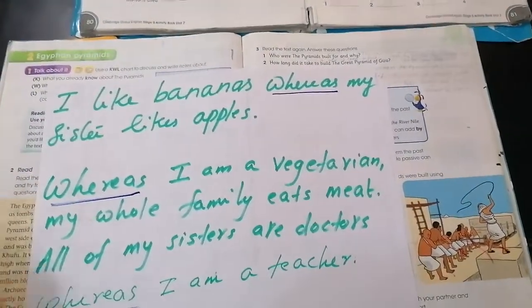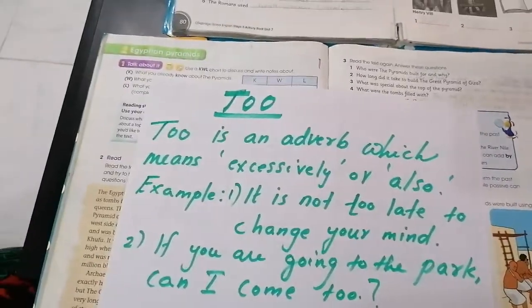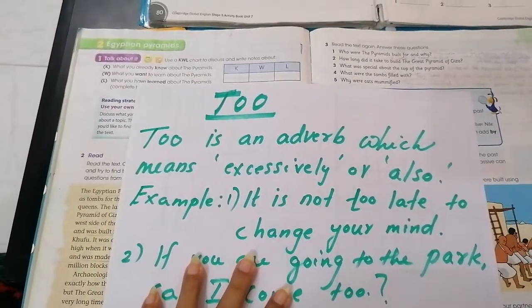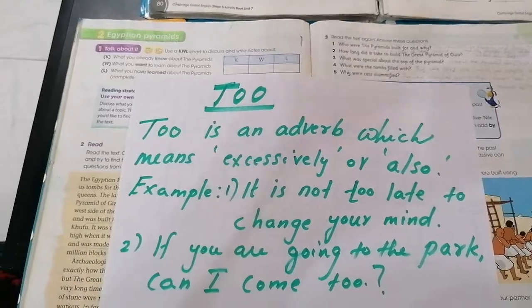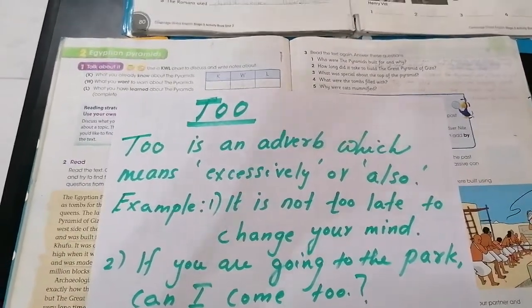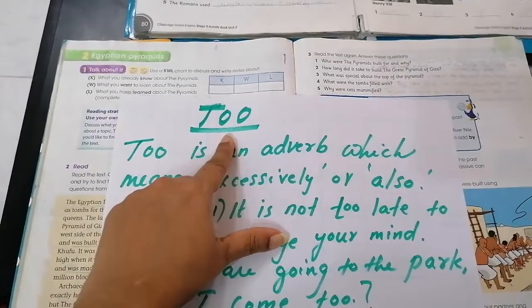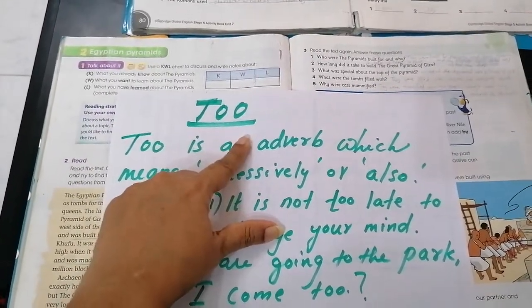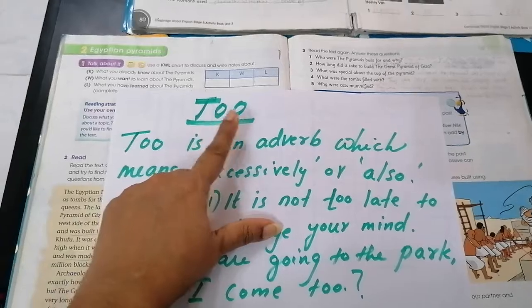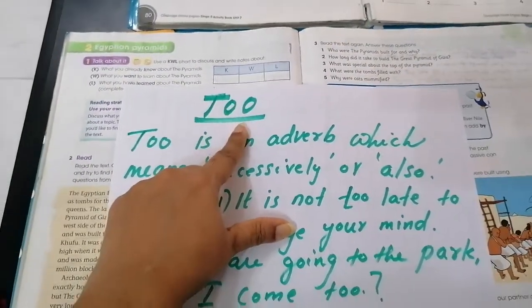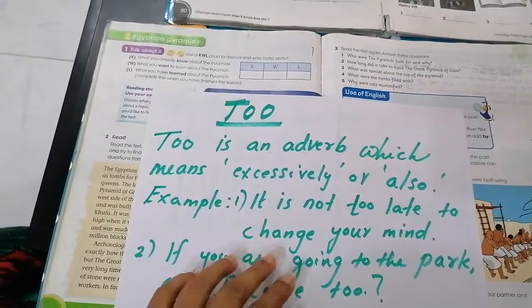Now another topic is too, where we can use too. See, there are three words that sound like 'to'. One is T-O, that is a preposition, which we are not going to see now. Another two you also know: T-W-O, that is the number two. And here check the spelling, it is T-O-O. Don't confuse it with the other twos.